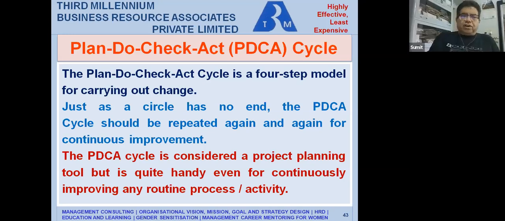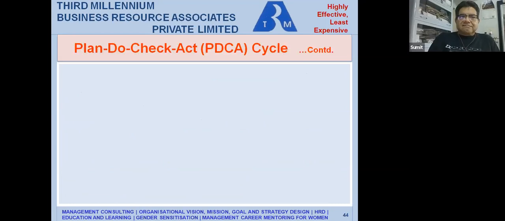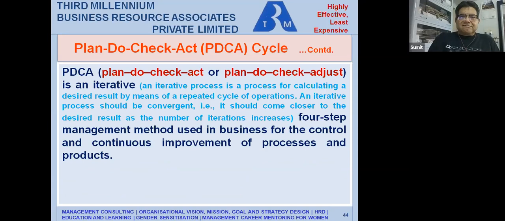So when we move on, as you can see here, read the first para, and that is why I have defined for you what is an iterative process. And please check the very first line. It might appear that I have written it twice, but if you read the second brown part, it says plan, yes, same, do, yes, same, check, yes, same, but A for adjust, in place of act.